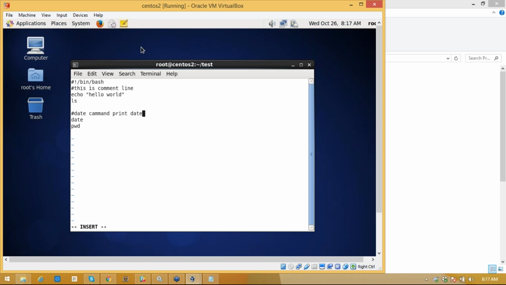But it is for other users who are reading or using this script. When they open it, they'll come to know that it uses the date command, which will print the date. Commenting is just commenting a line so other users can understand what exactly you are doing.